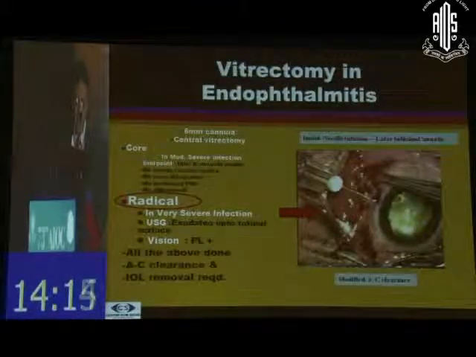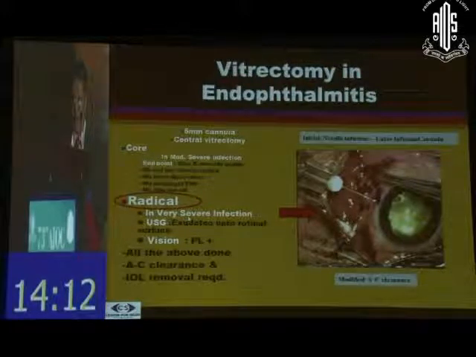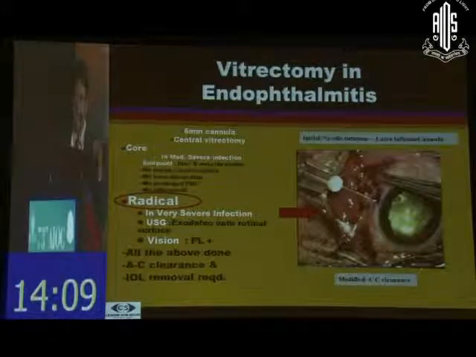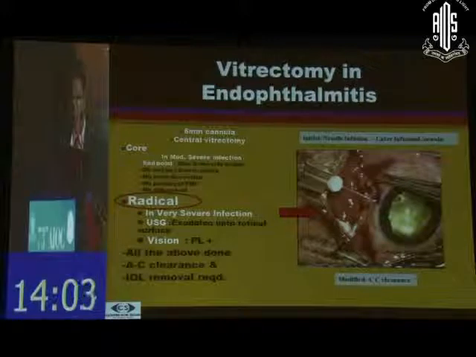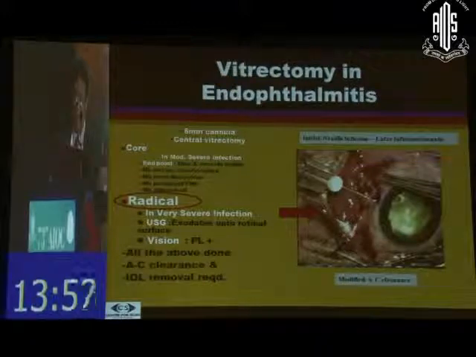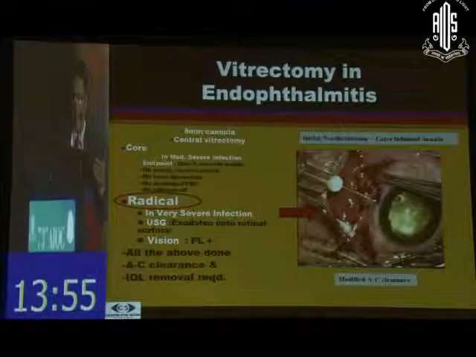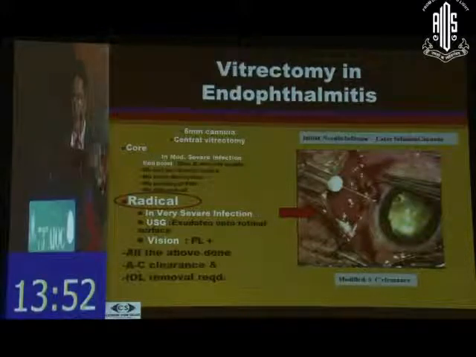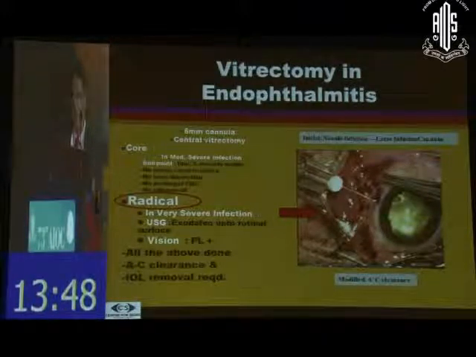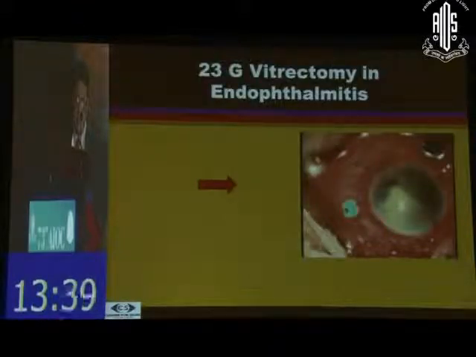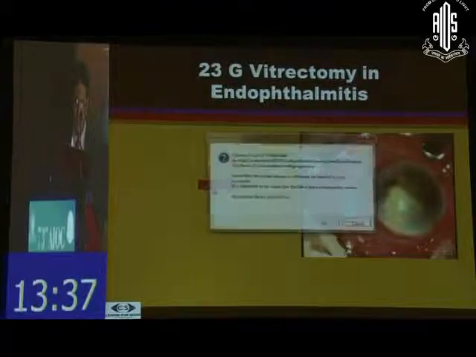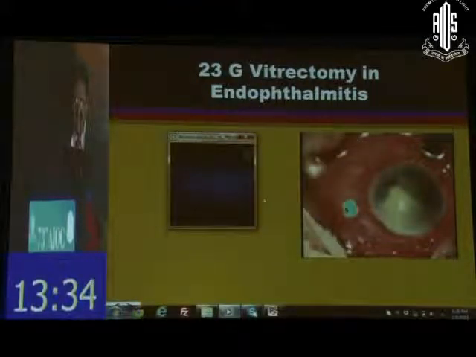In vitrectomy, what we normally do is not a core vitrectomy but a radical vitrectomy, meaning that once you enter the vitreous cavity, try to remove as much vitreous as possible without compromising the integrity of the retina or other structures, and try to depress also, and if possible peel off the hyaloid. Don't leave any residue of infection near the ciliary body or the subhyaloid pockets, because that will prevent recurrence or persistence of infection. Then the result will be pretty good. We'll skip these videos. Nowadays, most of us do only 23 gauge vitrectomy in all these patients.